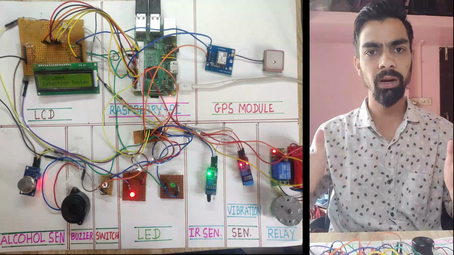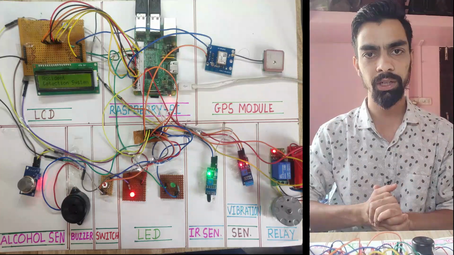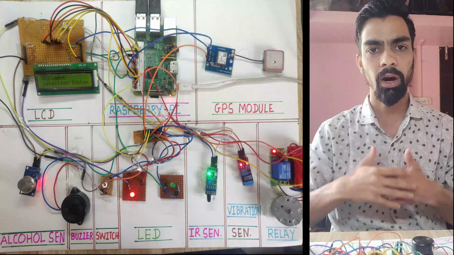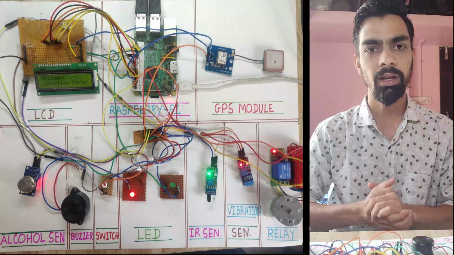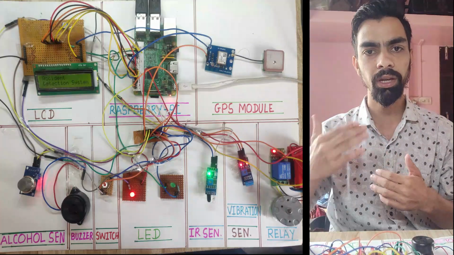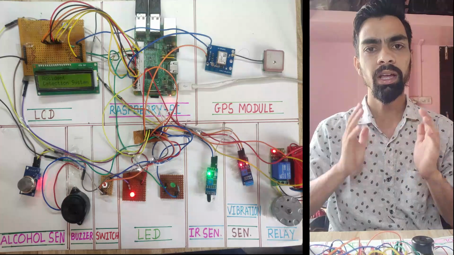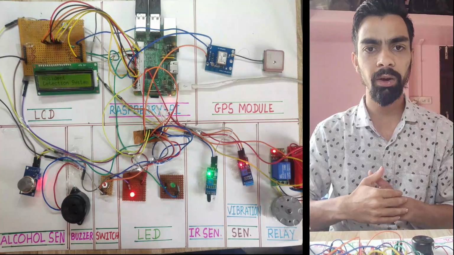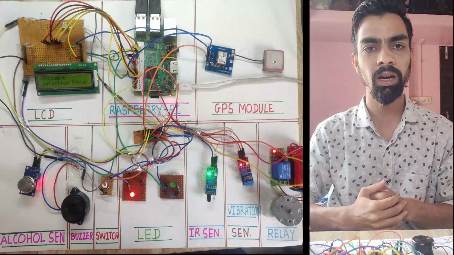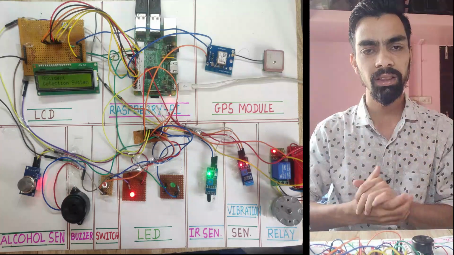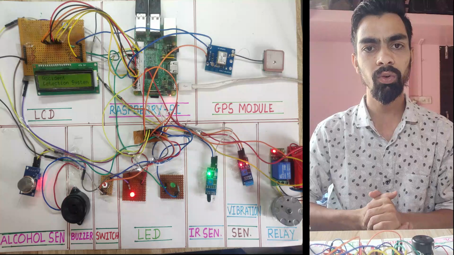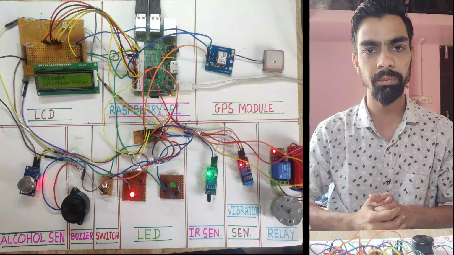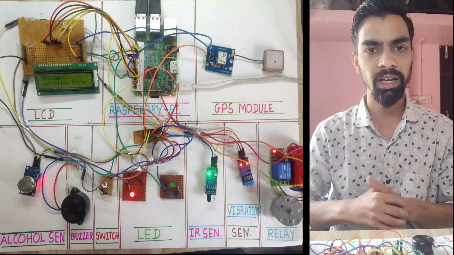Whenever we start the system, the welcome message prints on the screen, then the accident detection message, which is the project name. Our Raspberry Pi system will be waiting to detect whether the seat belt is worn by the driver or not. If the seat belt is not worn, then the red LED will turn on and the buzzer starts ringing. Once the driver wears the seat belt, detected by an obstacle in front of the IR sensor, the next part is that the system waits for the alcohol status. Let's say the alcohol is consumed by the driver; even if he has worn the seat belt, the buzzer still starts ringing and the red LED turns on.